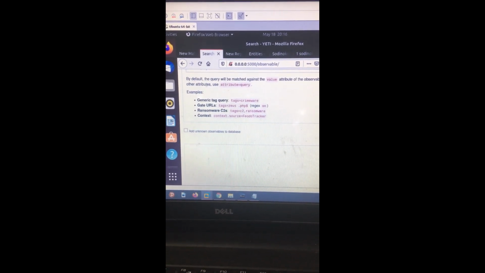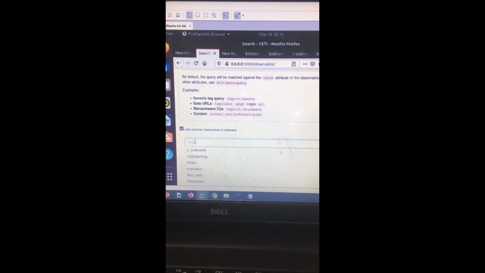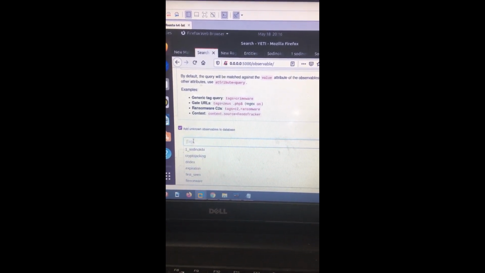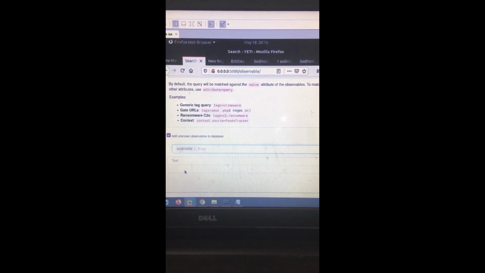As for adding an observable, here I need to click the checkbox and select the tag which you have created in the entity.